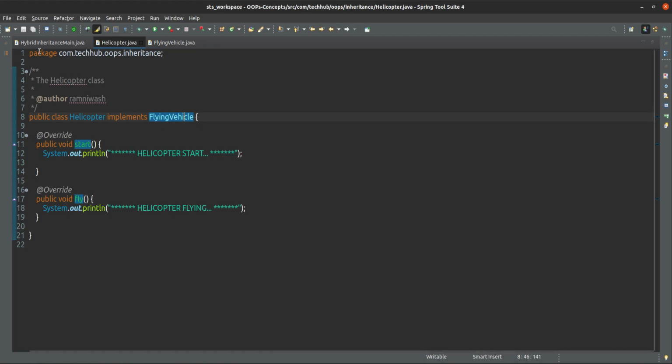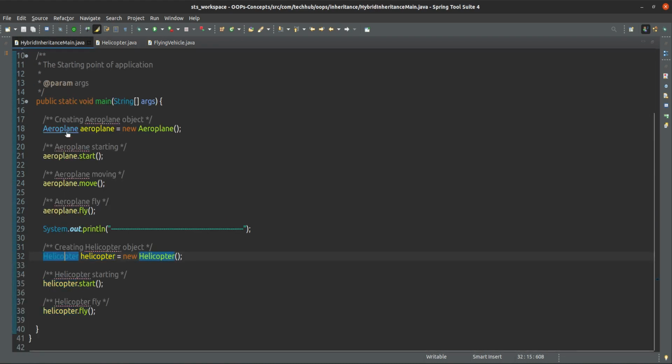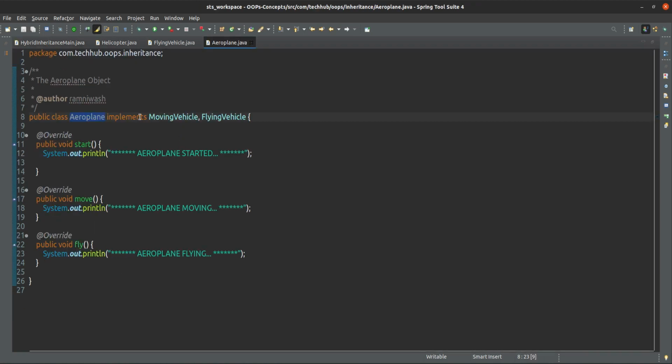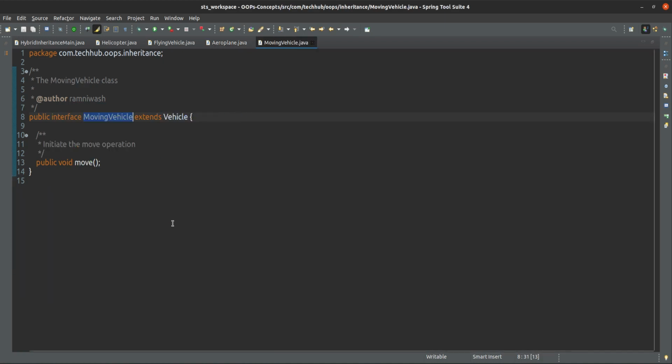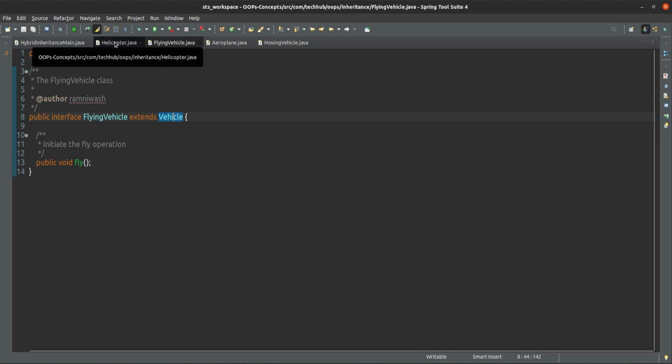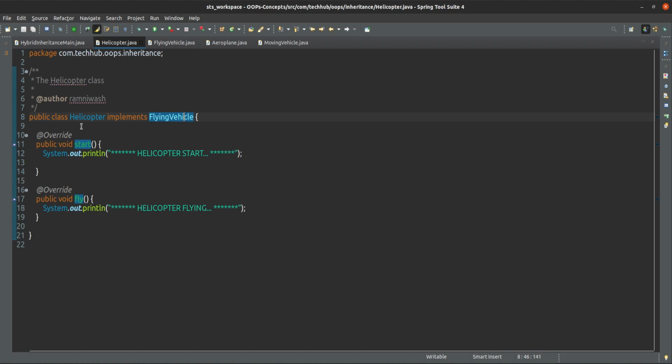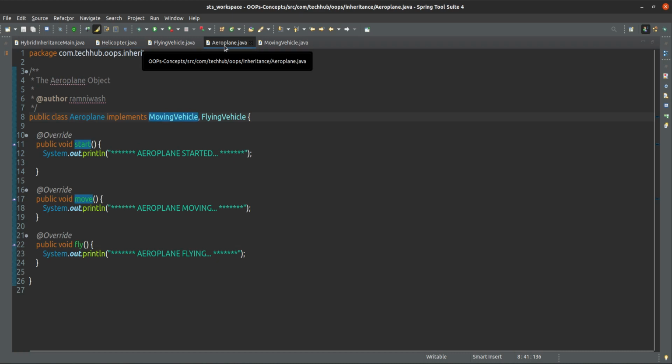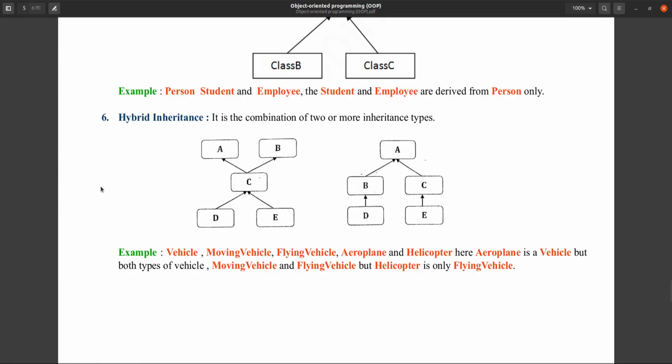So this is a multi-level inheritance. And aeroplane is inheriting moving vehicle and flying vehicle, because moving vehicle is inheriting vehicle and flying vehicle also is inheriting vehicle only. So the helicopter class is the example of multi-level inheritance, and aeroplane is the example of multi-path inheritance.